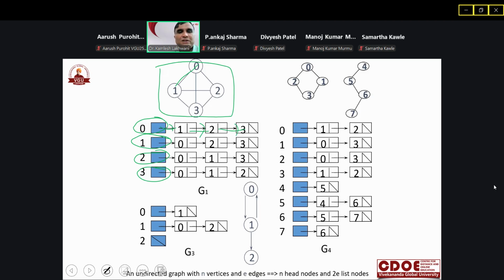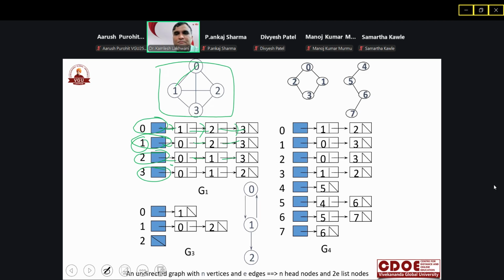Similarly, for another node, the node number 1, another linked list is there. So 1 is connected to 0, 0 is connected with 2, 2 is connected with the 3. For another node, similarly, 2 is connected with 0, 0 is connected with the 1, 1 is connected with the 3, right? So this addresses this linked the node saying there is a connection between 0 to 1 and 1 to 2 and 2 to 3,